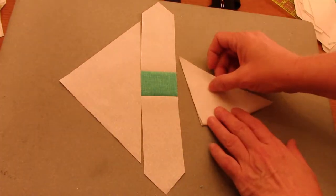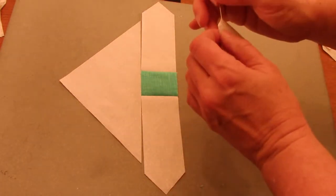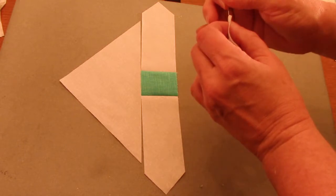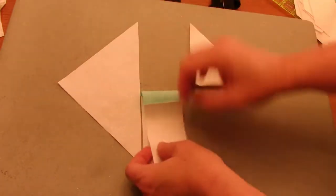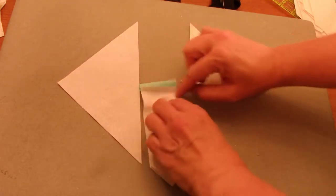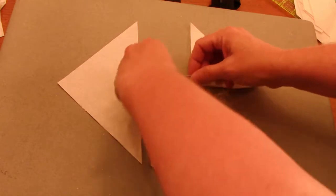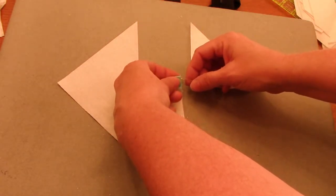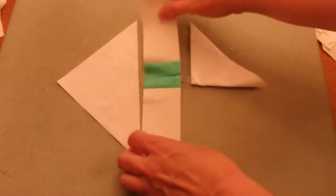And to do that, I fold it in half, and you could put a pin in there if you like for your matching. A lot of times I will just fold it and pinch it, and that gives me a crease that I can see, and I'll just match the creases. So you want to fold both your triangles and your center strip and find the center. Then you will match the centers